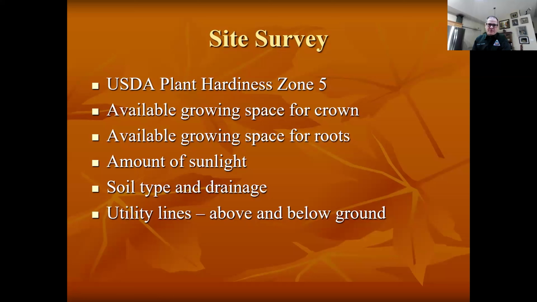What we do is we go to a nursery or we see a tree somewhere else and we fall in love with it. We go buy it in the nursery, bring it home, and then try to figure out where to plant it. What you want to do is assess your site, where you want to plant the tree, and then pick a tree that can thrive in those conditions.